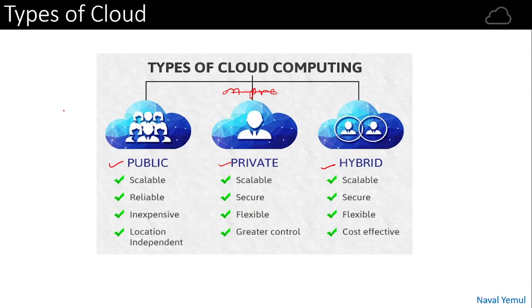When it comes to public, for example Microsoft or AWS, that is your public cloud. Anyone can use their cloud, and they have different subscriptions for that. They can charge you based on how much you have used. That is called the pay as you go model. You just pay like a rental, based on how much you have used. Hybrid is both. You can use public as well as private. You can see the difference here.